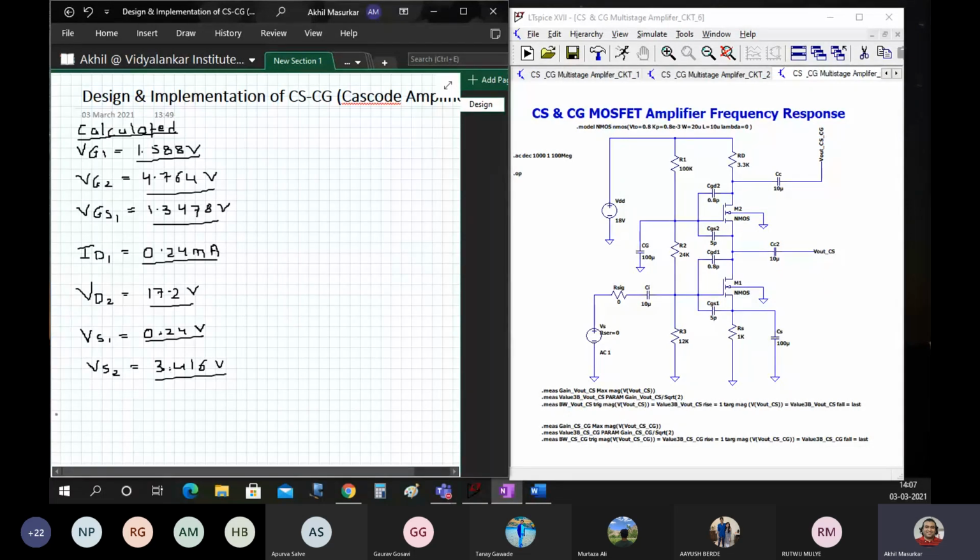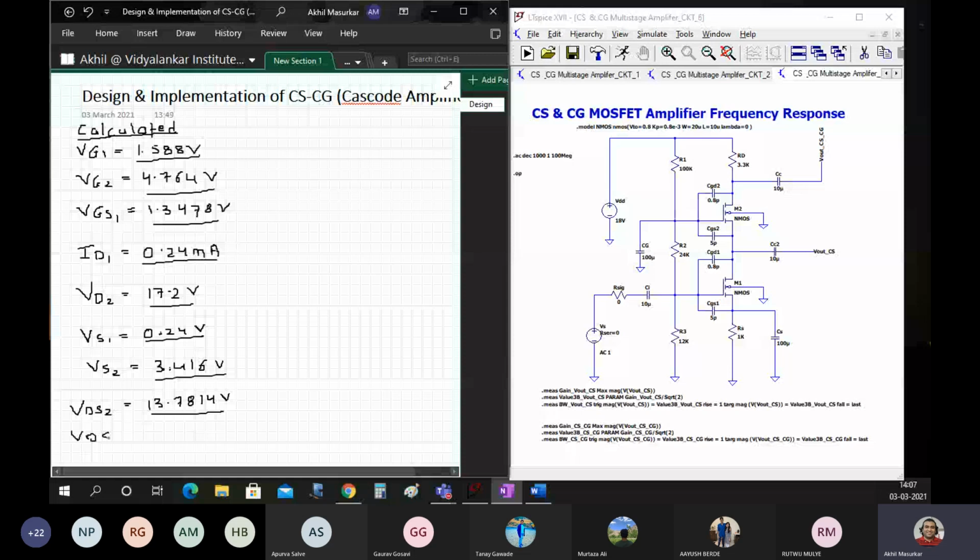Then we had VDS2, that is going to be 13.7814 volts. Then we had VDS1, that is 3.176 volts. Then we had GM1, which was equal to GM2, that was equal to